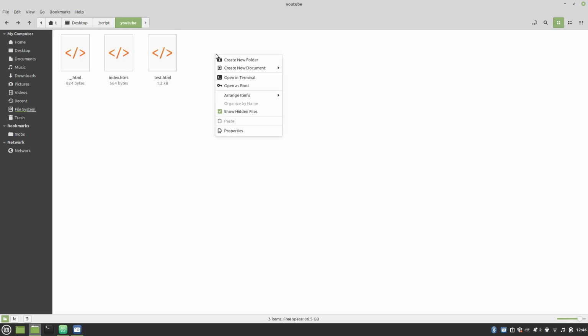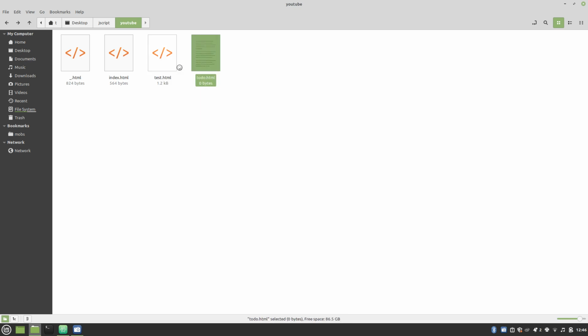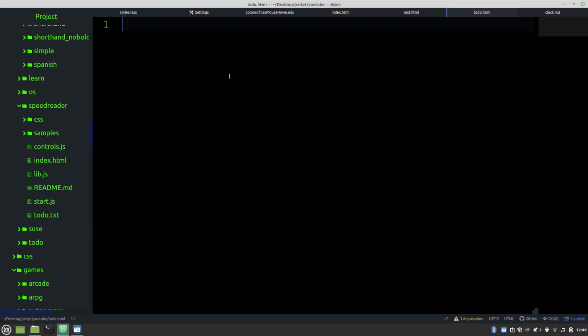Hello again, and today we are going to create a Barebones to-do app. So start off creating that HTML file, open it up with your choice of editor, and today I'm going with Atom again, but with a new styling theme. So today it's green on black, and we're going to start off with that doctype,